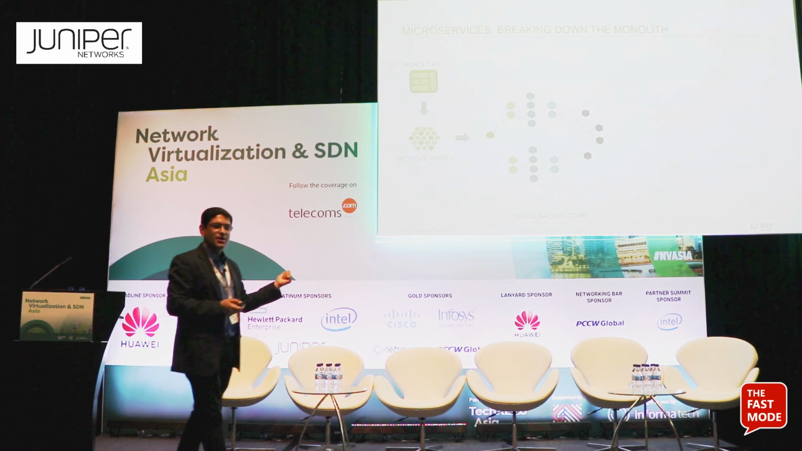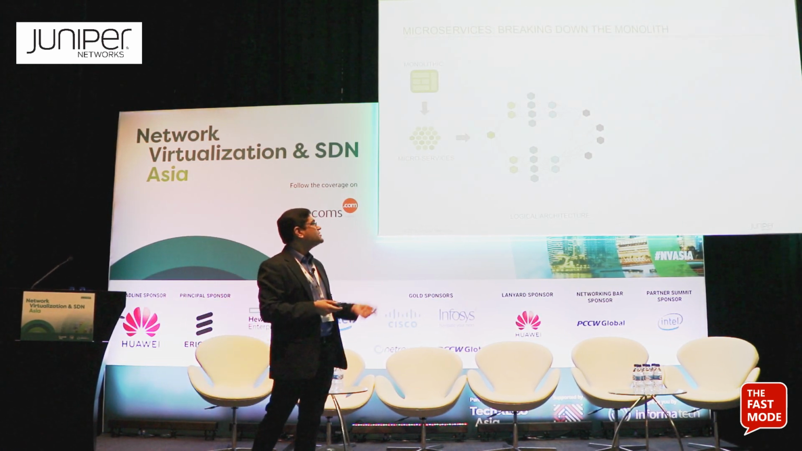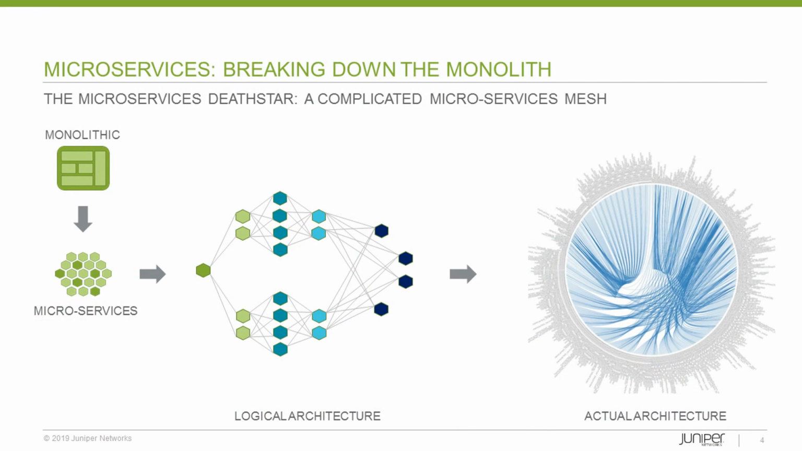But this is just the logical architecture. The actual architecture looks something like this. So this is actually how these applications, these microservices get deployed. And the word that gets used for this is a microservices Death Star. And if you've been following this ecosystem or this topic, you would see similar Death Stars from Netflix or Twitter and all of them. Once they start deploying microservices, the amount of interactions that are happening inside the network,